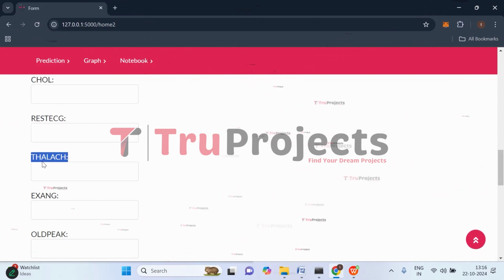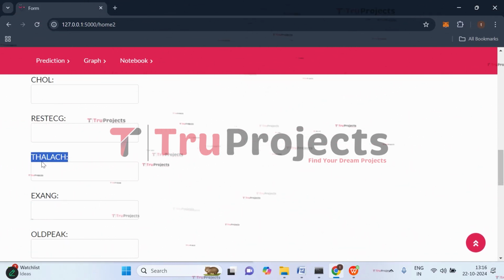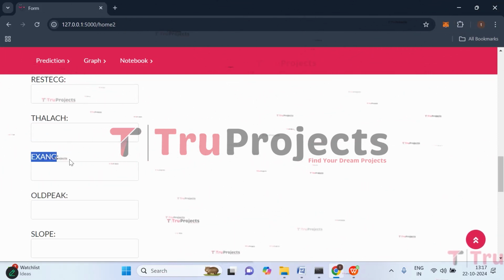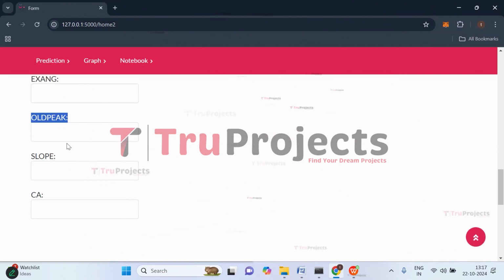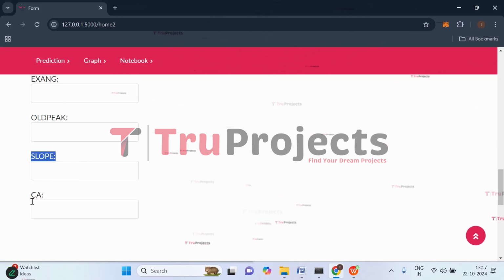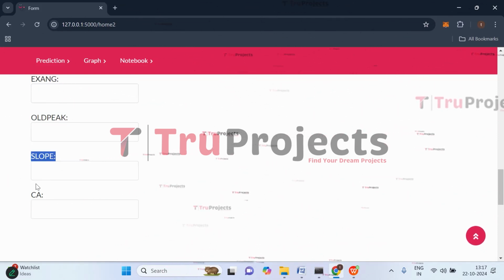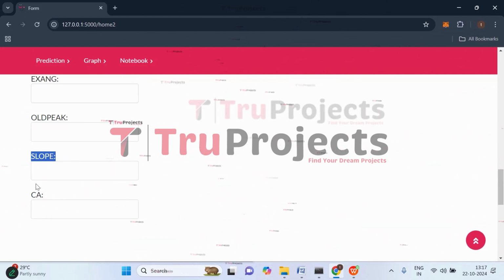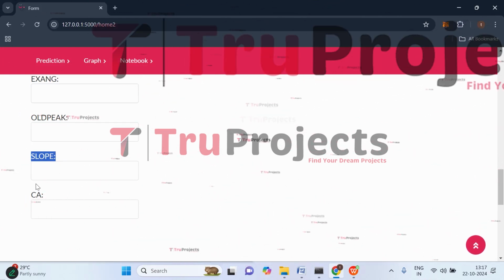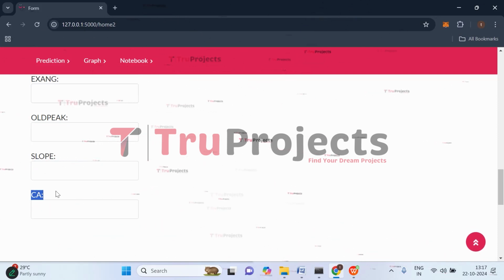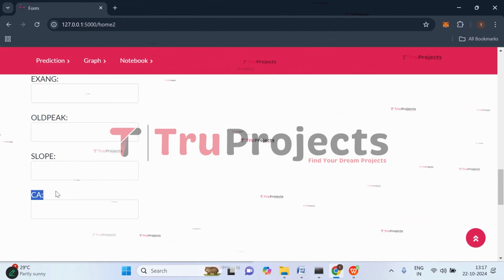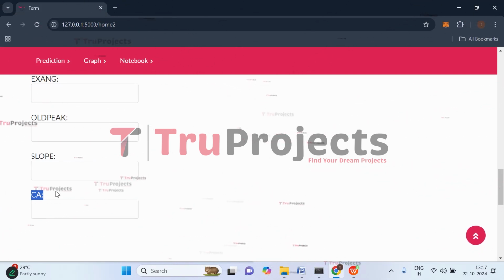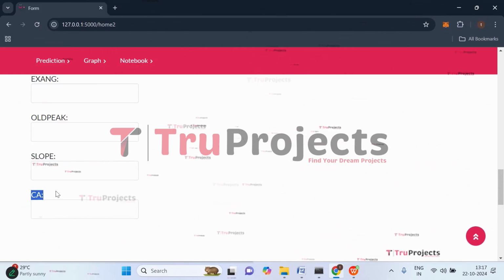Next we have thalach, that is the same as in the last ANOVA feature selection technique, and here we have exang value. We heard about that in the ANOVA feature selection technique, and here we have old peak. We also heard about that. Slope. It describes the slope of the peak exercise ST segment, which can provide insight into the heart's electrical activity during stress. The next one we have is CA, that is number of major vessels. This indicates the number of major coronary vessels with a significant narrowing, which is essential for assessing the coronary artery